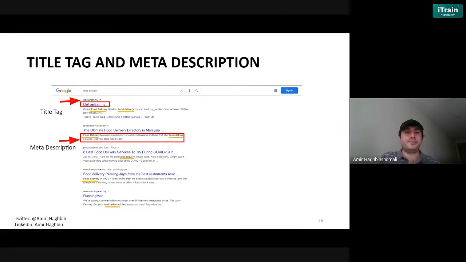So far, okay. So for on-page SEO, I want to pass on 4 basic but very important tips that you can use on every web page you optimize. First is to optimize your title tags and meta description. What are these